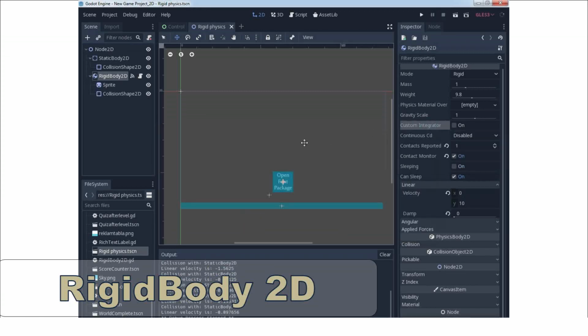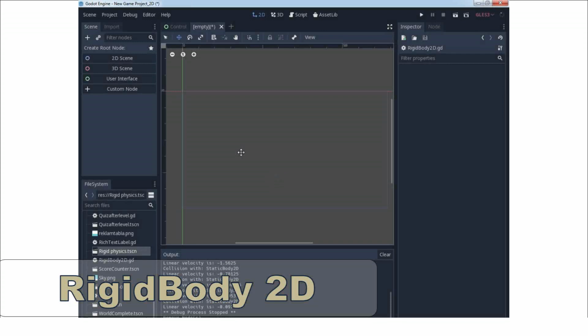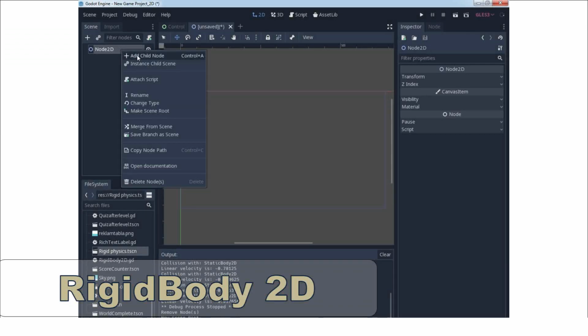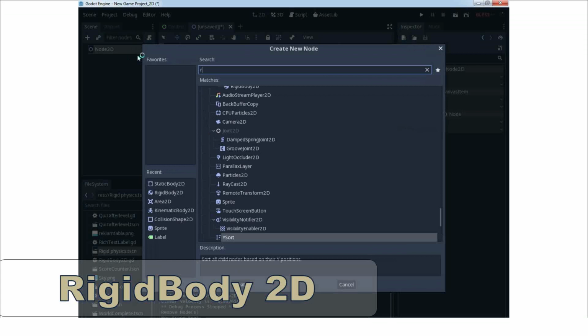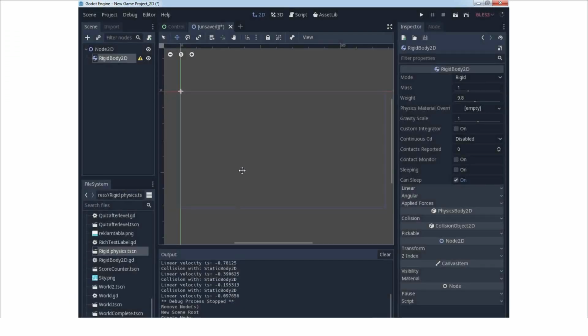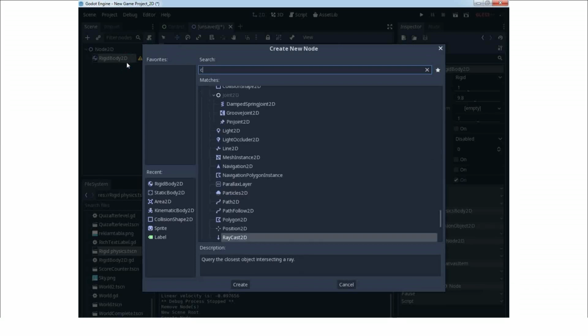For this you need to make a new 2D node scene. When you make a 2D node scene, we will need one rigid body. So pick RigidBody2D. For this rigid body, add a collision shape